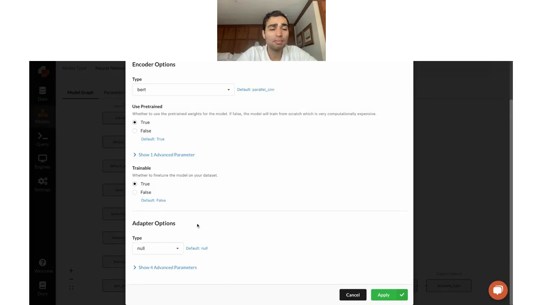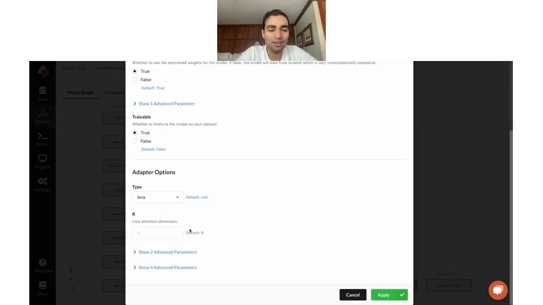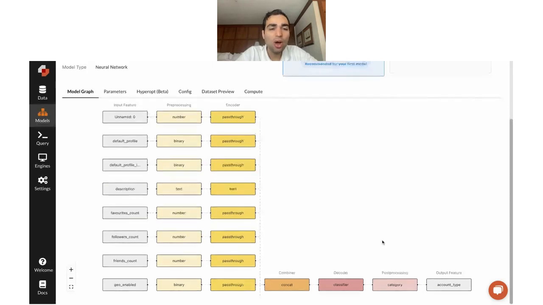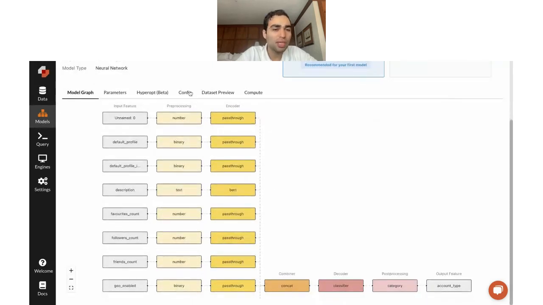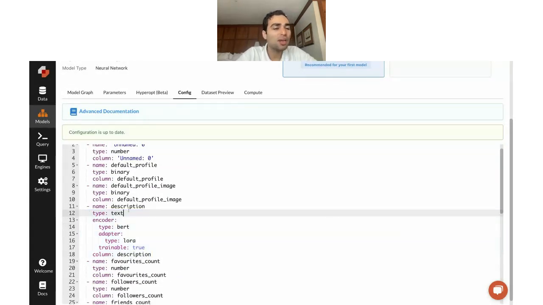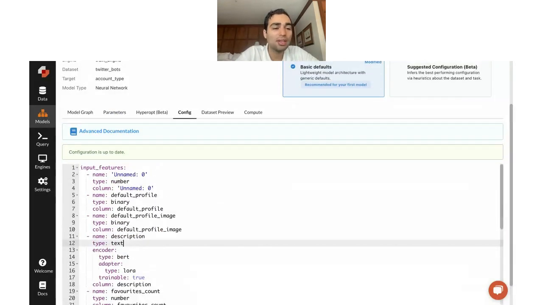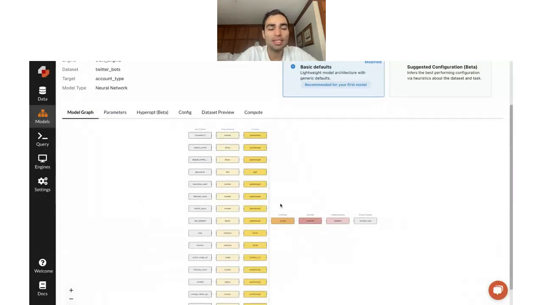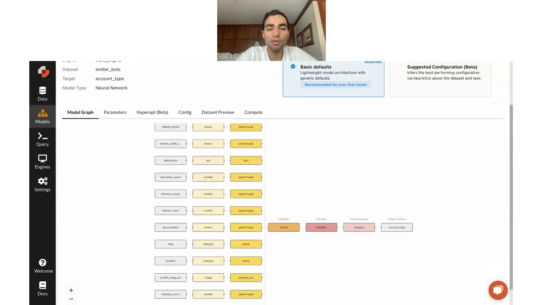And if anyone's familiar with more parameter-efficient techniques of how to fine-tune models, like using LoRA, you can also select any of those in just one click from a dropdown. What all this machine learning pipeline customization is really doing behind the scenes is just tweaking the open source configuration. And so if you wanted to do this programmatically or through a config, you certainly can do so. And so what you're able to get started with essentially is a model that is pre-configured for you, but one that you can customize down to the level of code that you're interested in,